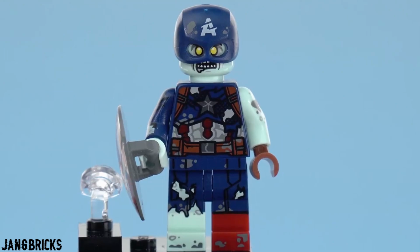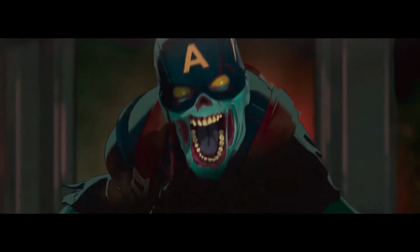Alright, now we're back to the Marvel figures here, and this one's another one from the Minifigures series, and it is the Zombie Captain America. Now, personally, the What If episode for the Zombies one, it wasn't a bad episode by any means, in my opinion, but it was definitely one of the ones that kind of disappointed me more, and I know they do plan on expanding upon the zombie universe in Marvel, but I think that just for that sole episode,